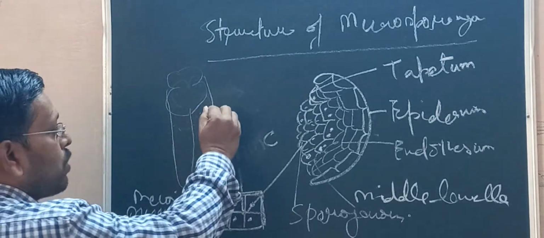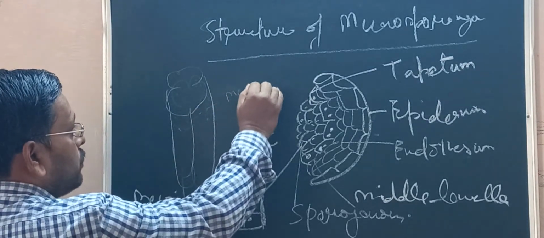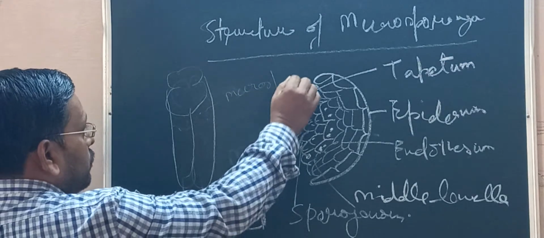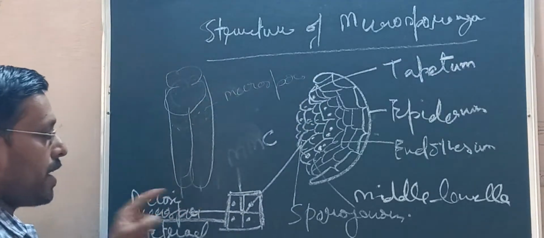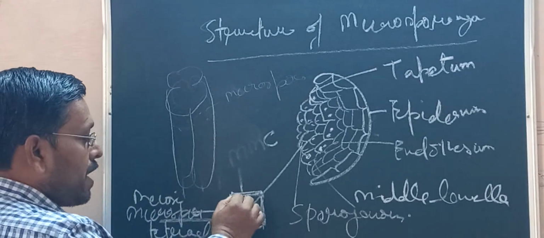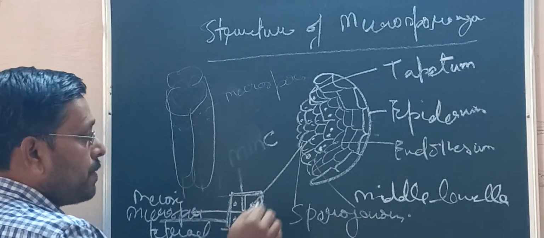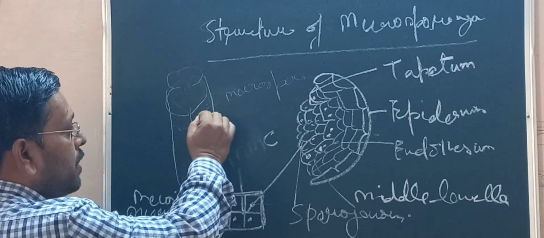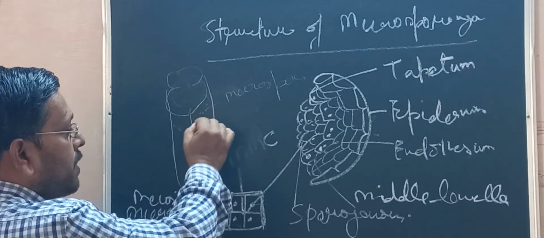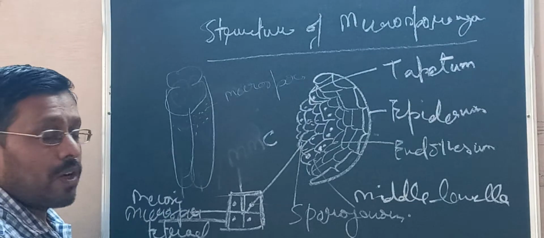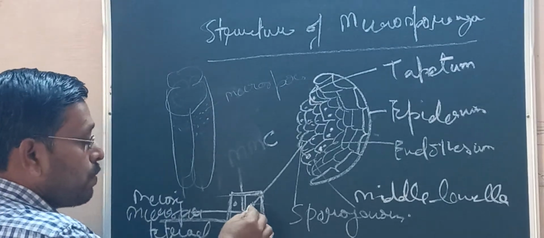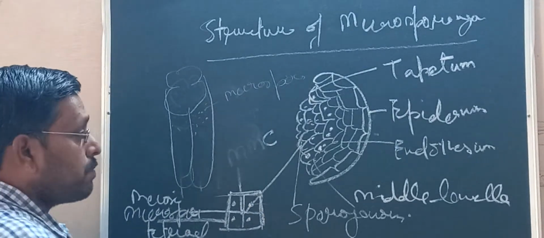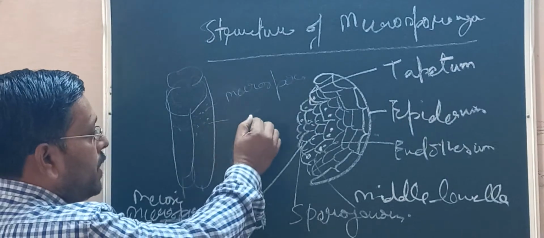The microspore tetrads break up and the microspores are freed, and the microspores fill this sac. Now further, what happens is that these microspores mature and develop